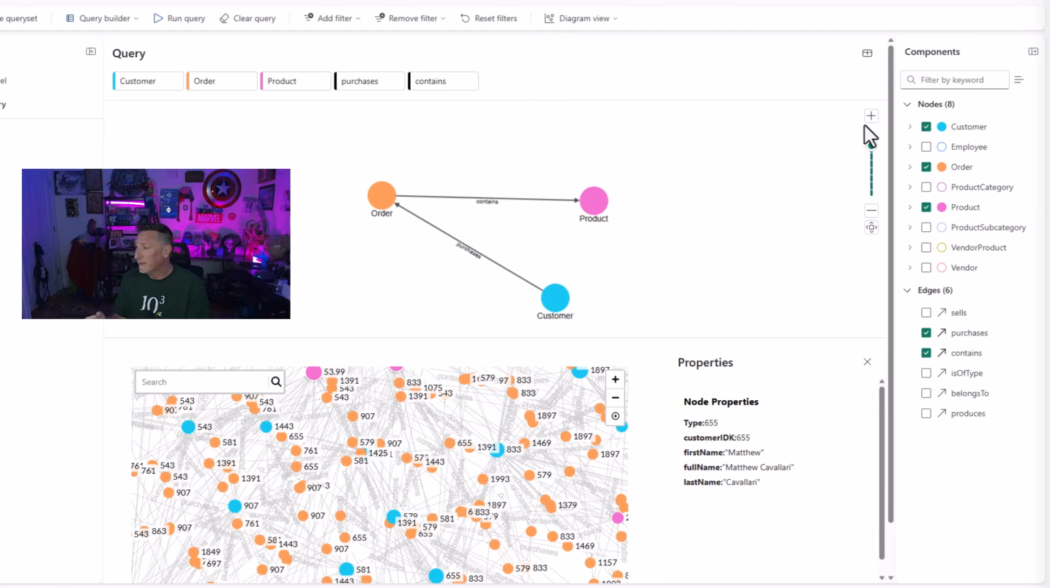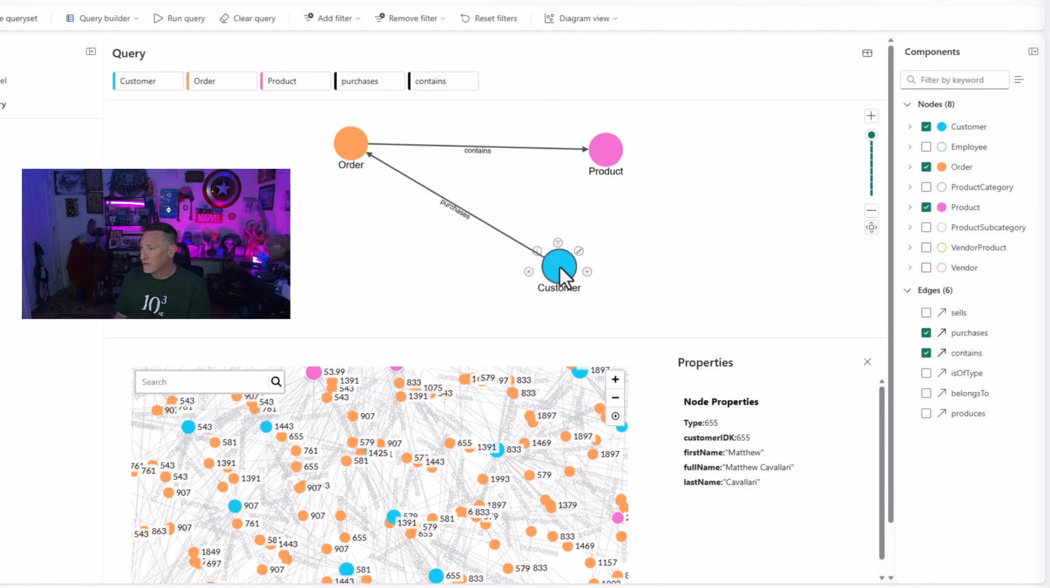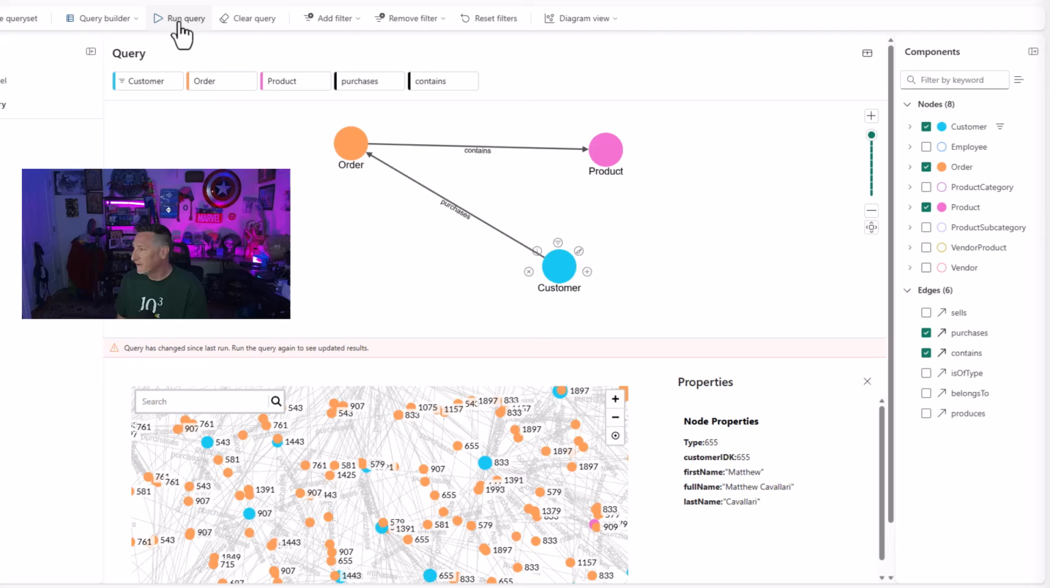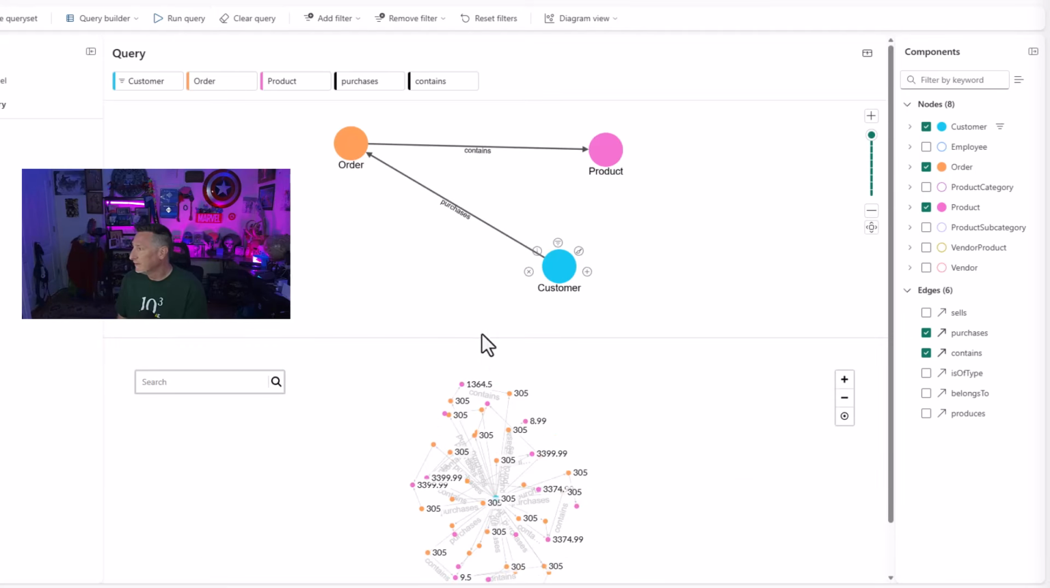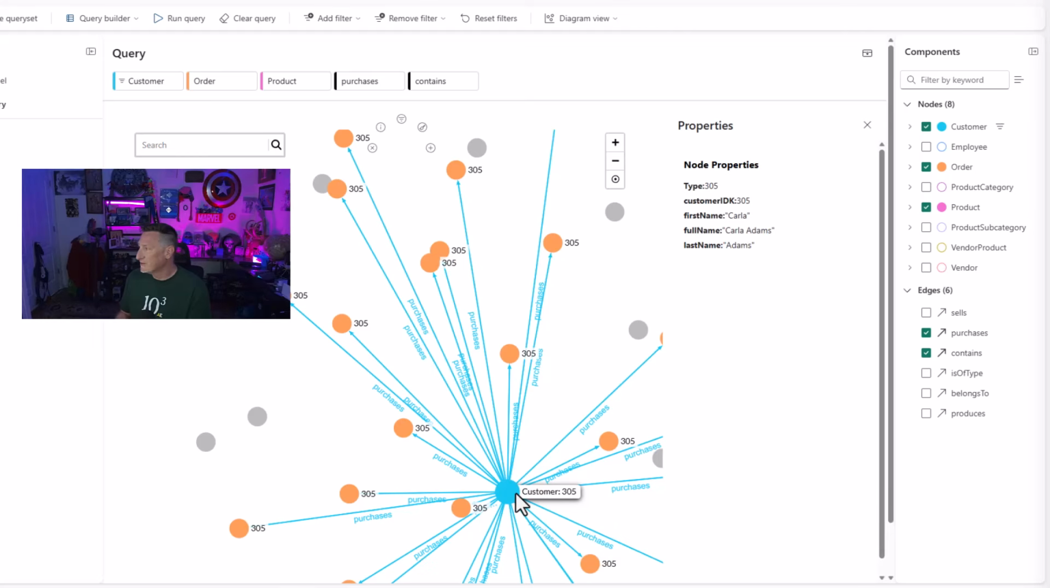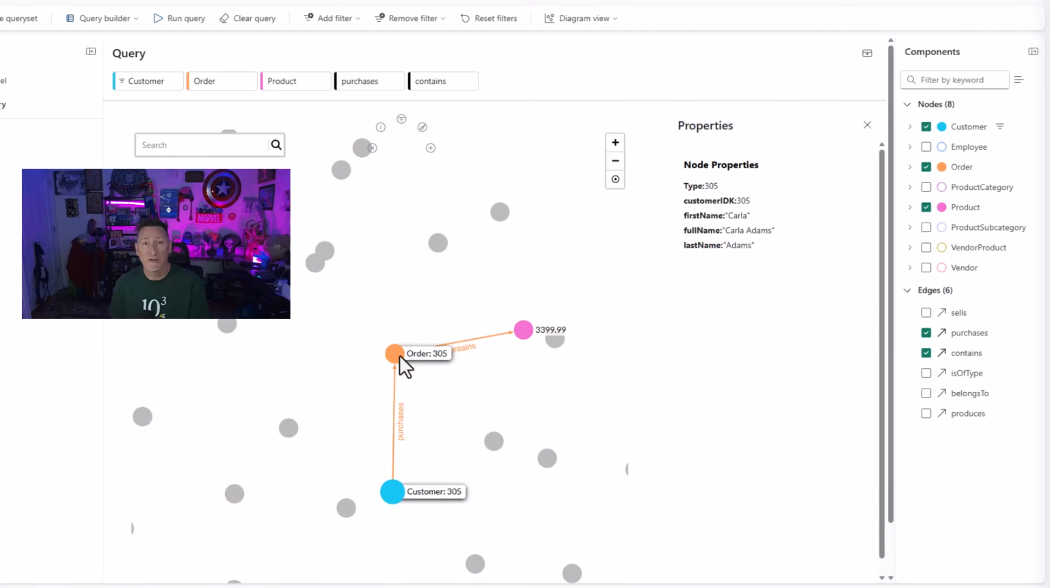I could filter on any product, but we hit this filter tag. I'm going to change this to full name, and I'm going to filter on a specific customer. So let's go ahead and filter. And now I can find all of this customer activity for Carla Adams. So I can see Carla's purchases, I can see her orders, and I can see the products that Carla is